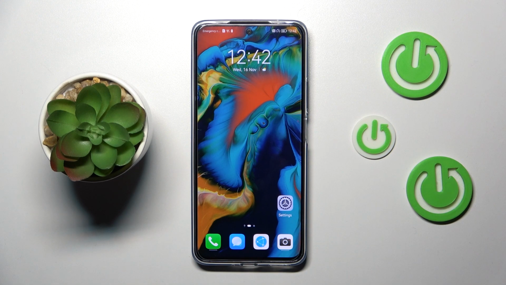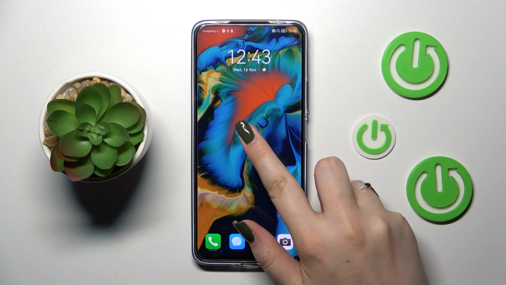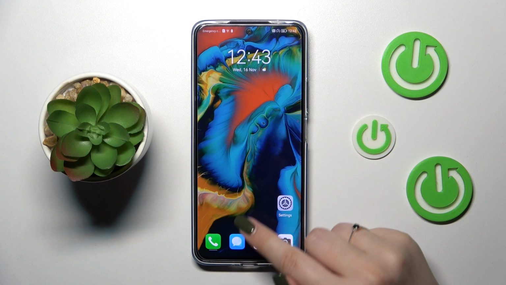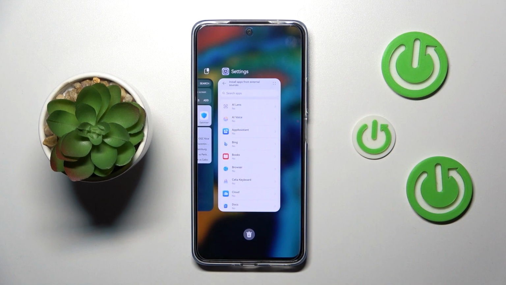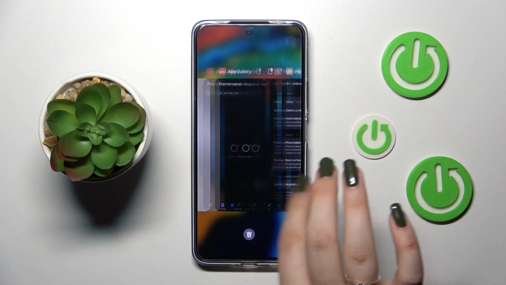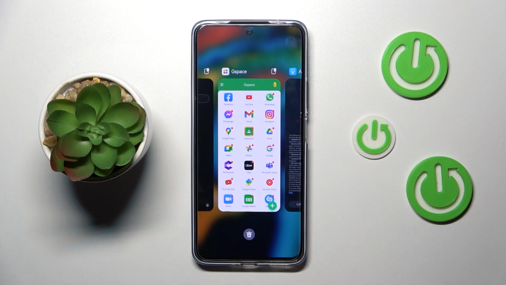On the other hand, if you've got the gestures, just like I have right now, all you have to do is to simply swipe your finger from the bottom to the center of your device, but do it kind of slowly and hold your finger somewhere here, just like that. And after releasing, you can see that here we've got all previously opened apps,